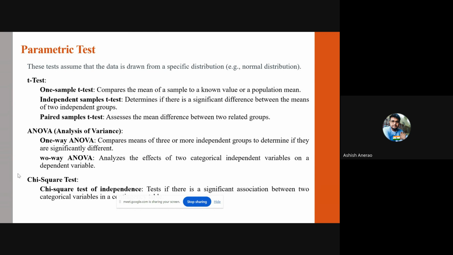The best example of two-way ANOVA is in agriculture fields. In the agriculture field, we have different kinds of pesticides, and again we have different kinds of